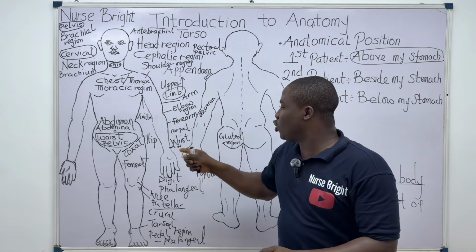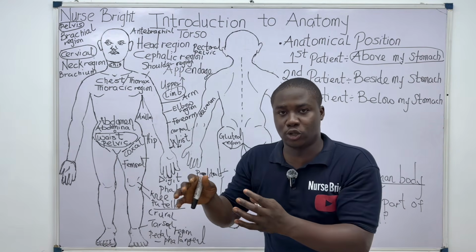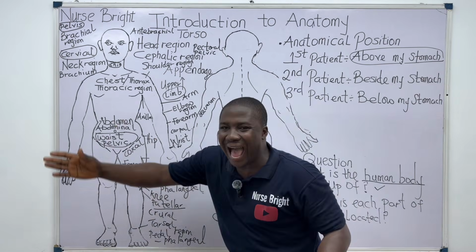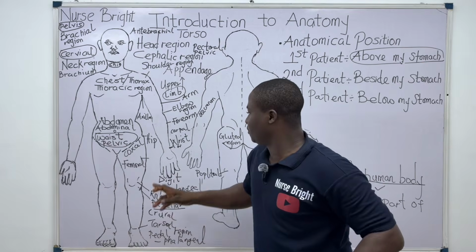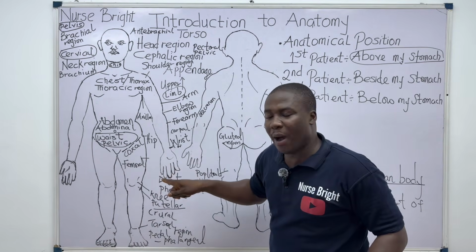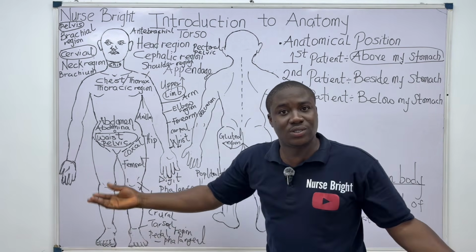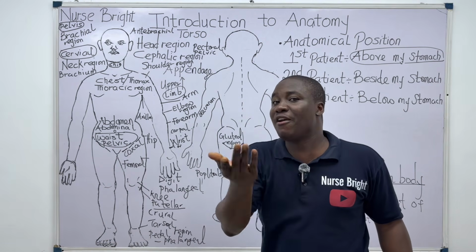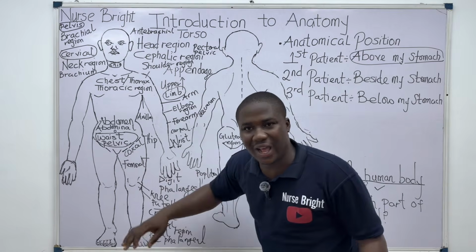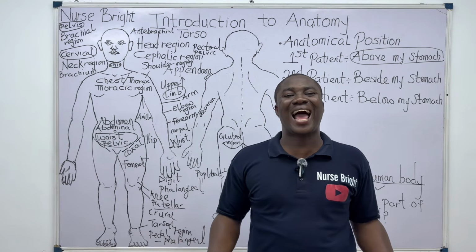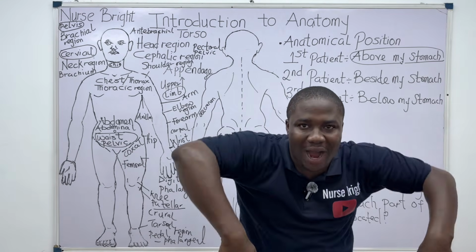Now, another key point you have to note about the anatomical position. You can see that the upper limbs are hanging naturally by the side of the body. Now, what can you observe about the hand? This is the hand, right? We said that already. That's the palm. This is the palm of the hand. So the palm of the hand, are they facing forward or backward?